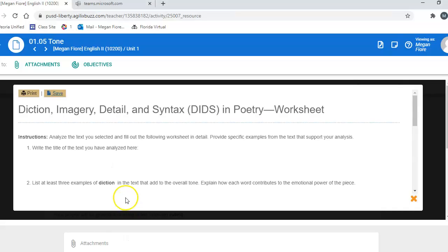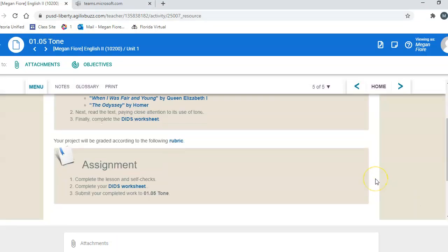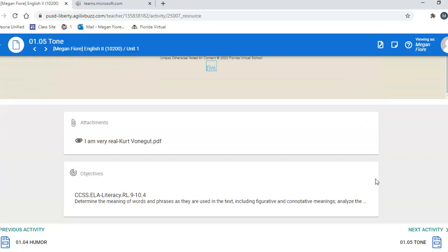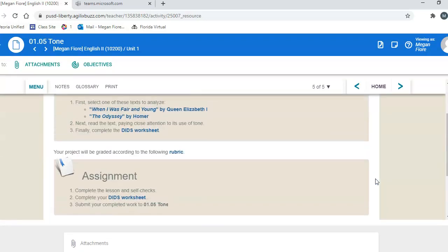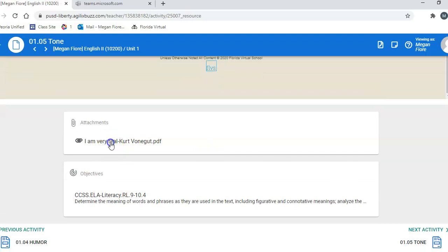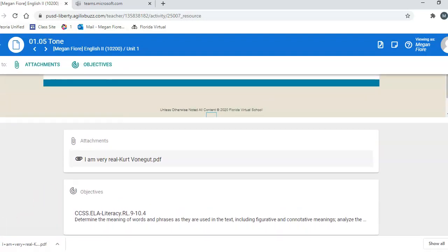To find the letter, you need to go... Where did this attach to it? So if you're on that page 5 of 5, you'll scroll all the way down, and I've posted the letter here. So just read